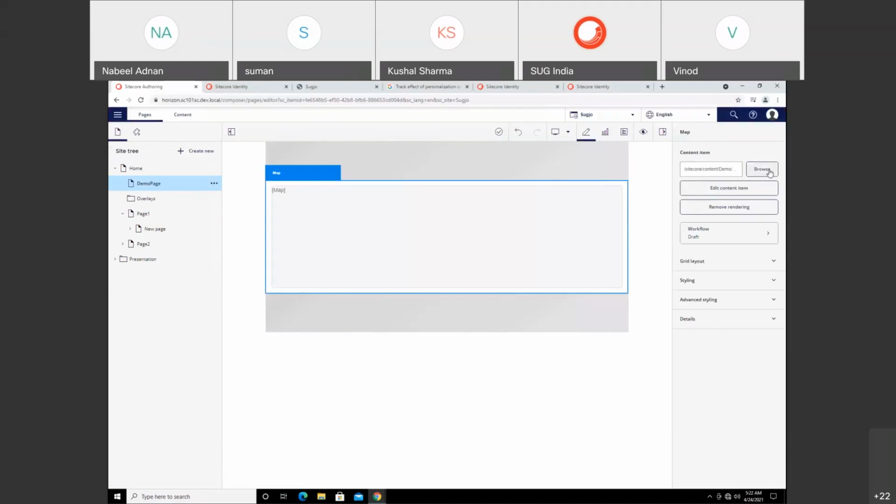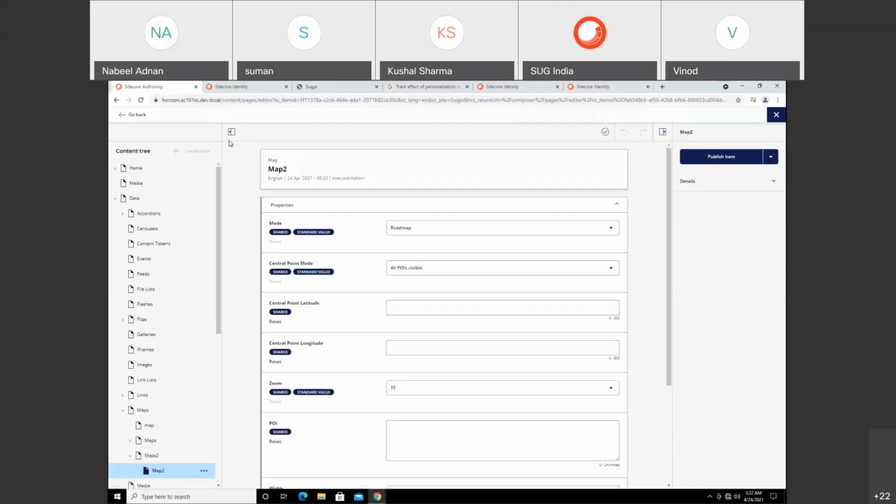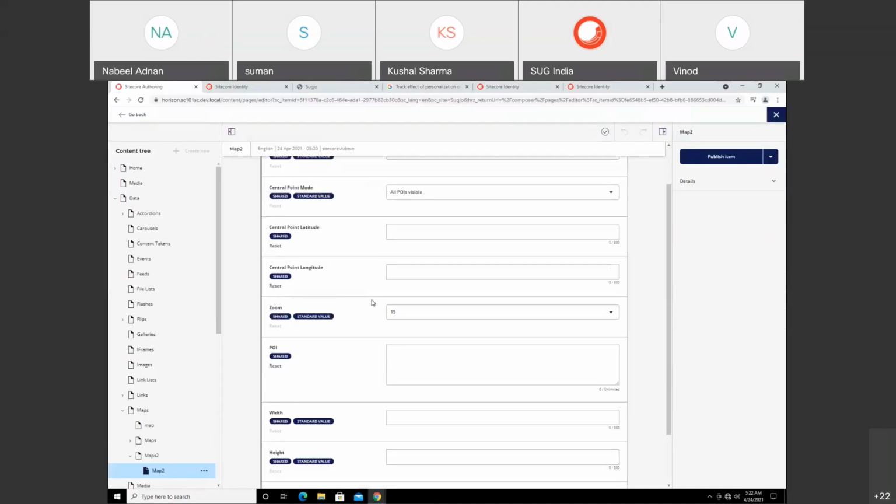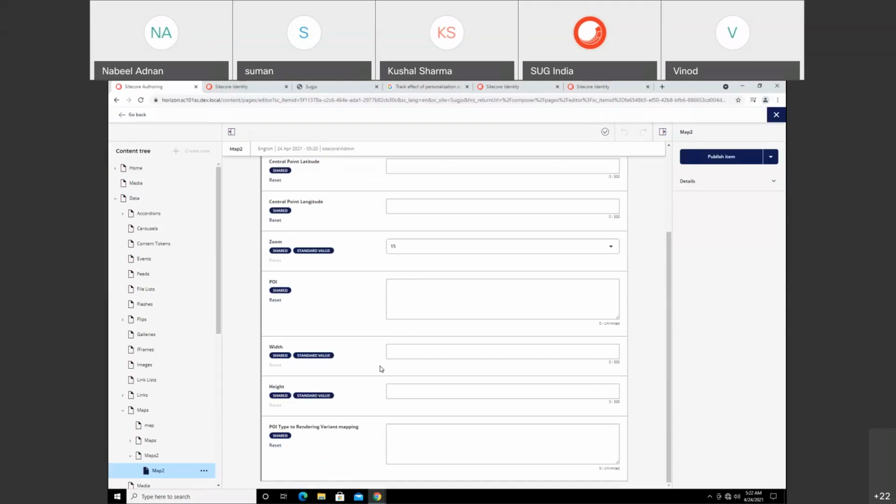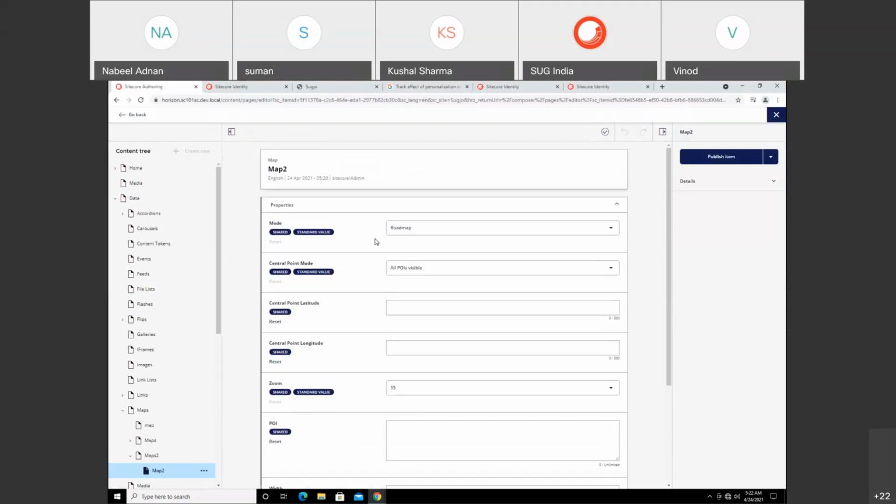So you can change the data source, you can edit the content item. Clicking on edit content item will take you to this view where you can edit everything for this map. As you can see, everything related to this map, it will take you to the data source component where you can edit the data source information directly from here. And when you click go back,